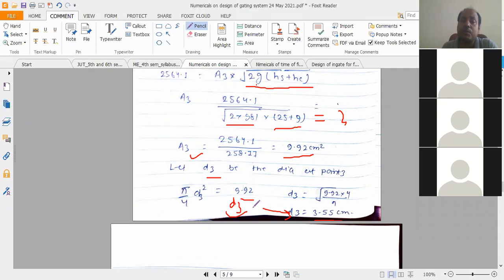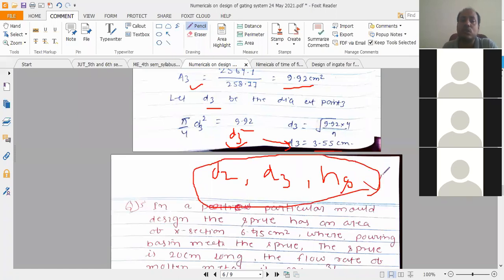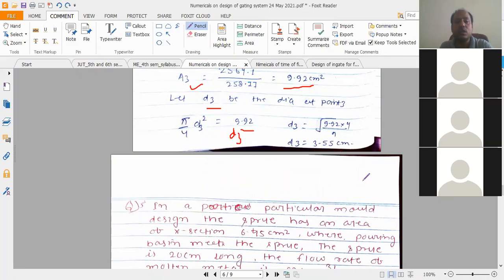So our purpose is over, and the dimension and height are given. So the total height, d2, d3 and the height of the sprue are given. So this is the dimension, or the design, of the sprue. So all the parameters are now determined. The next question